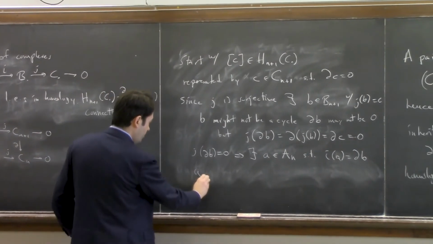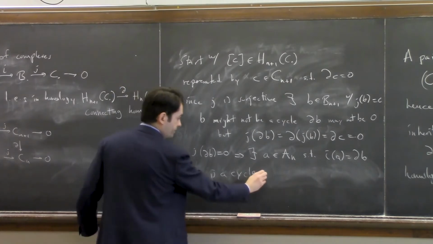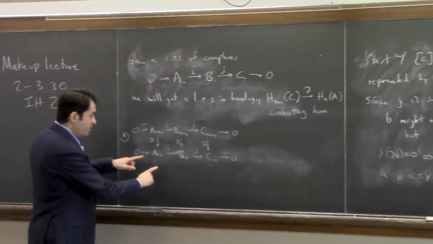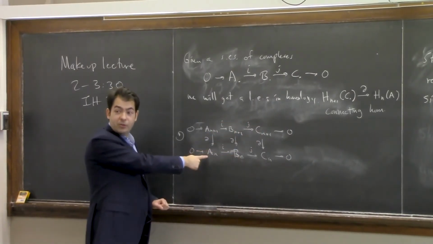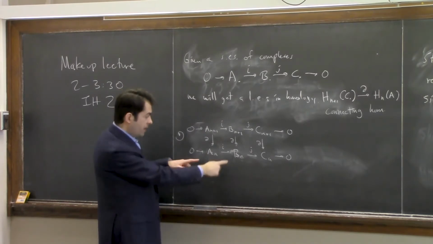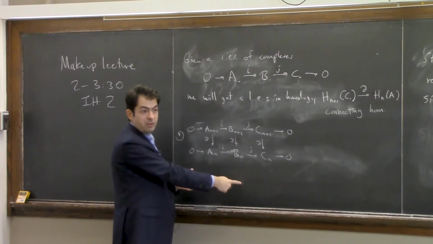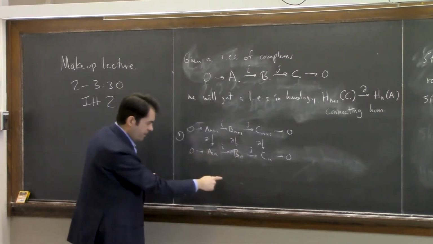Okay, now A is a cycle. Looking back over here, we started here, we went over here, we went down, we went over here. Now the claim is that if I go down, I get 0. How do I know that? Well, here I took a boundary, so definitely if I go down again, I get 0 because I did the boundary twice. So I know that from here, if I go down and then to the right, I get